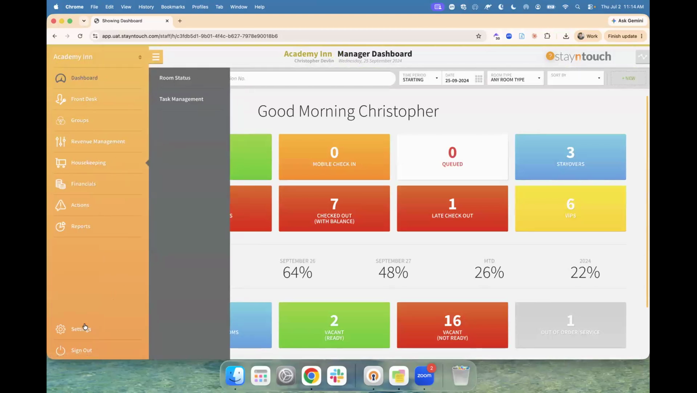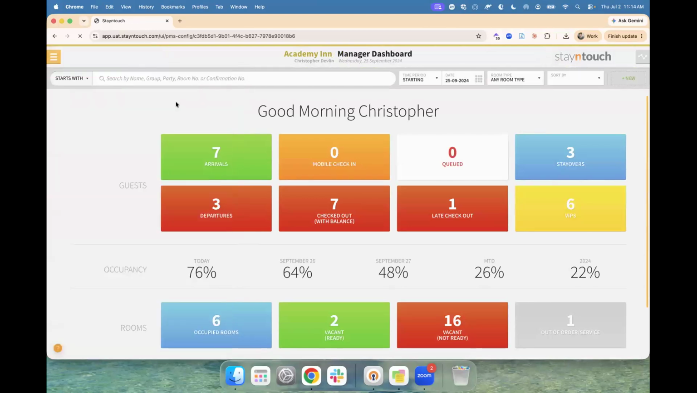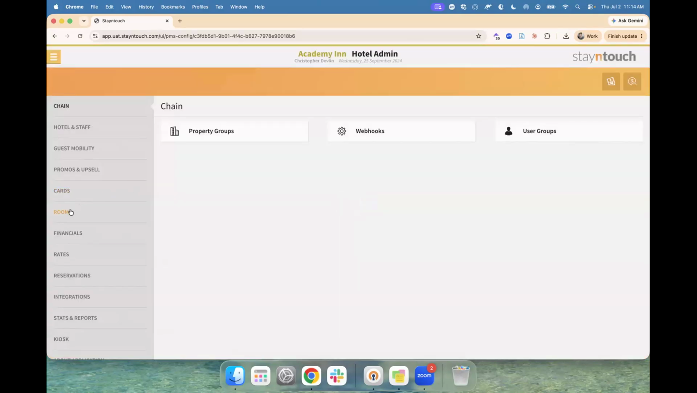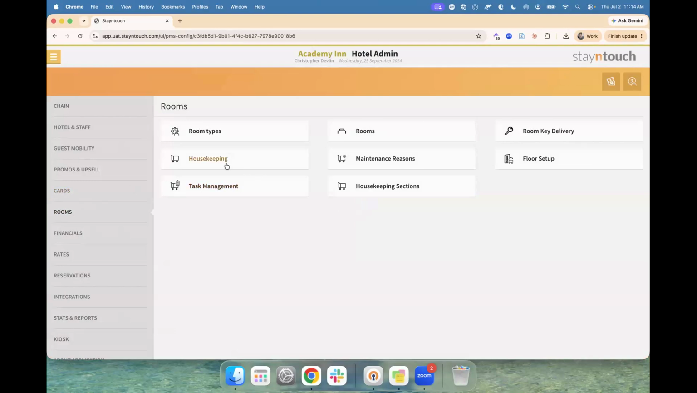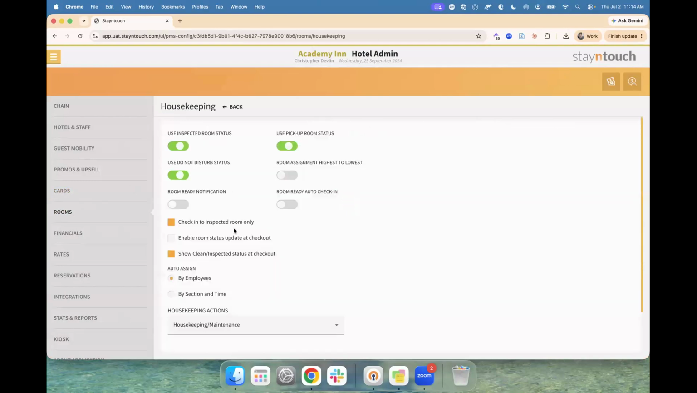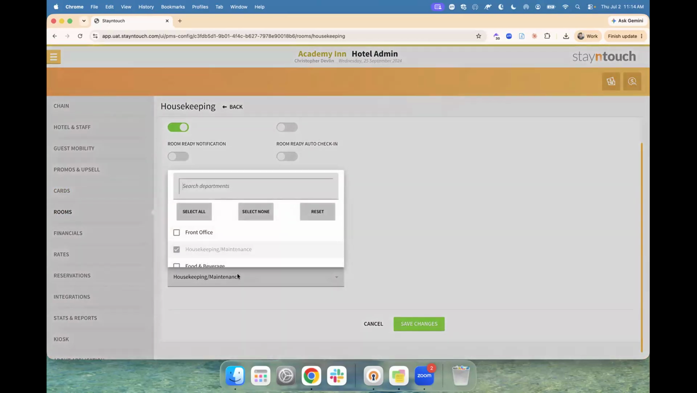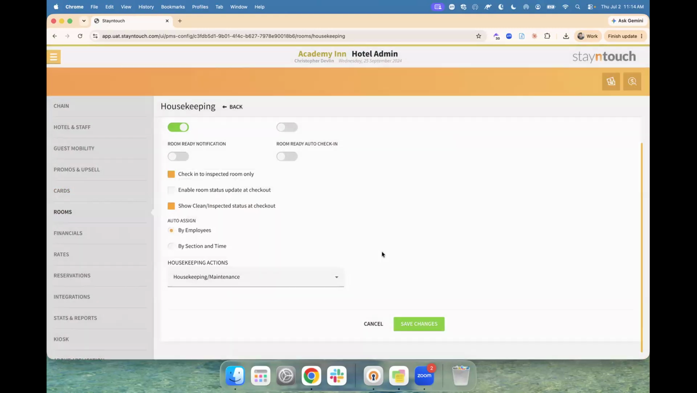If you want to set this up so you can see that in the housekeeping screens, you'll do this in the back end of the system, this time under rooms directly and under the housekeeping option. And towards the bottom of the screen, you'll see this housekeeping actions drop down. This is where you can choose which department or departments you would like to have their actions included on the